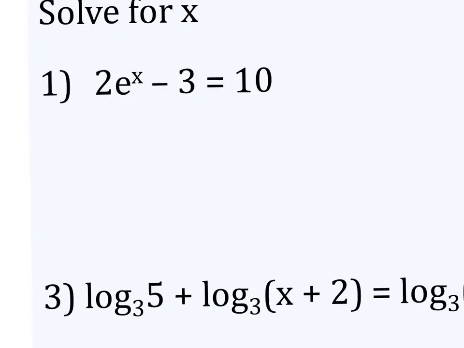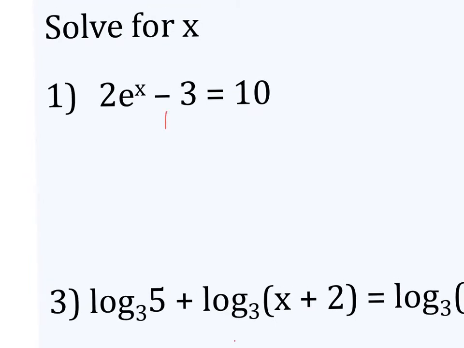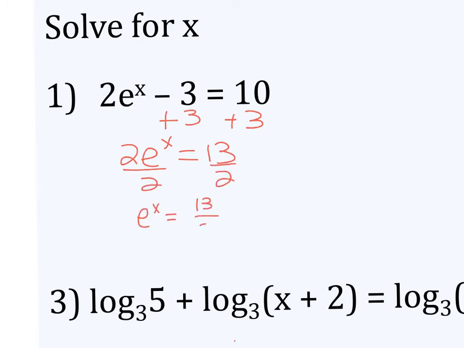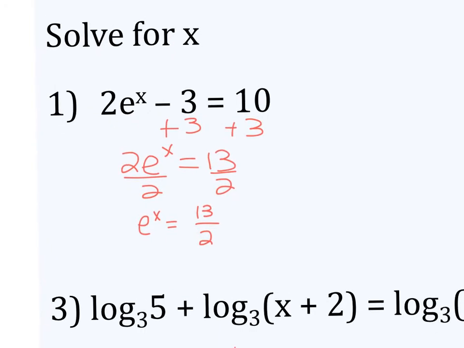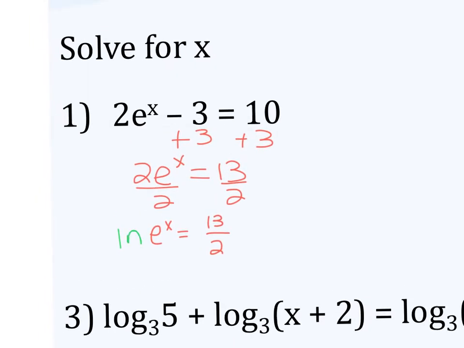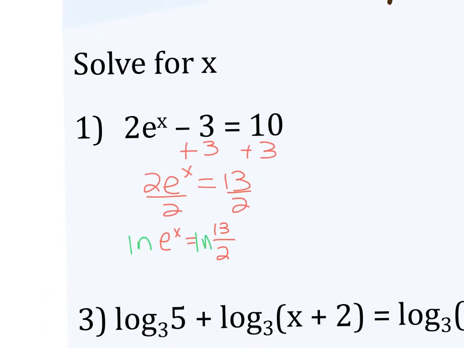eventually have to take the ln of both sides, but I've got to work so that the e is by itself first. So I'm going to add the 3 to both sides, and I get 2 e to the x equals 13. Divide by 2, and I get e to the x equals 13 over 2. And then ln both sides of your equation. Ln of e to the x becomes x, and then the ln of 13 over 2